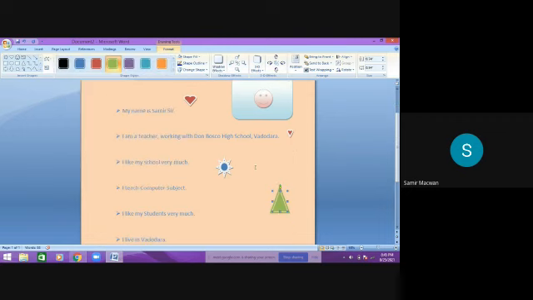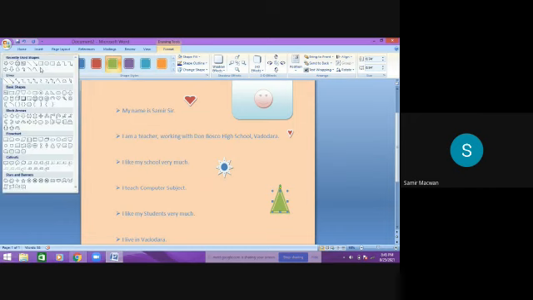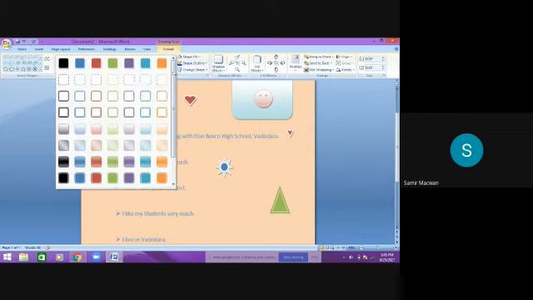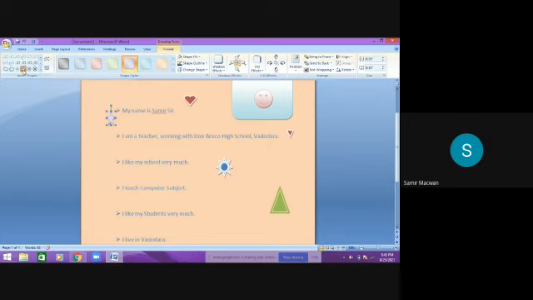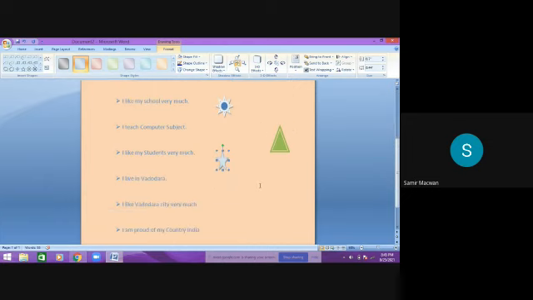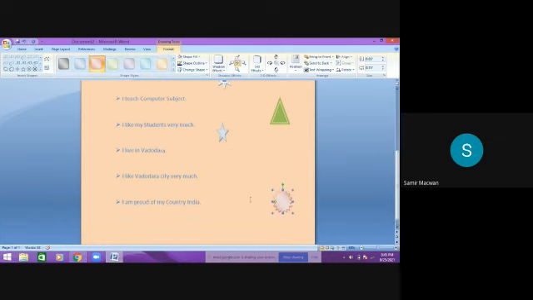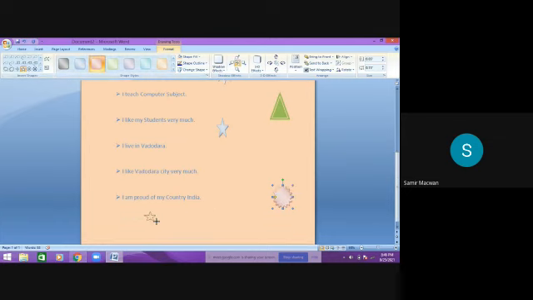Keep on putting pictures, drag symbols as per your requirement. I'm searching star. Where is star? Here it is. So drag small, small stars and I think yellow color. Keep on dragging, keep on inserting.